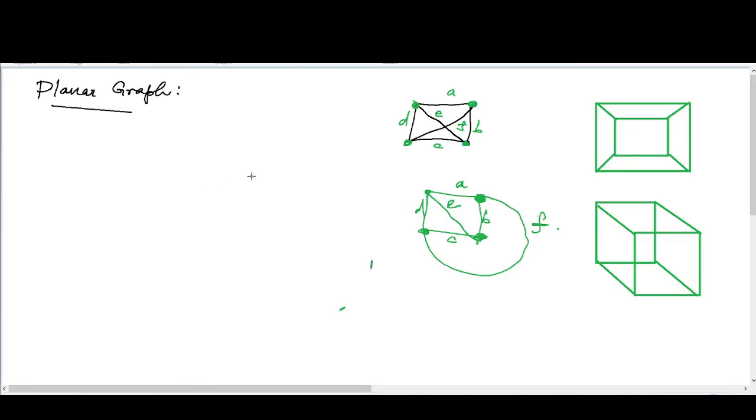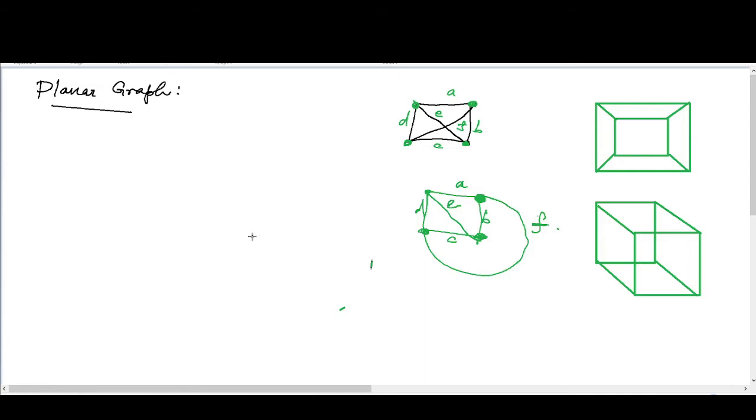Planar graph. What is meant by a planar graph? A graph G is said to be planar if there exists some geometric representation of the graph G which can be drawn on a plane such that no two of its edges intersect. A graph G is planar if there exists some geometric representation